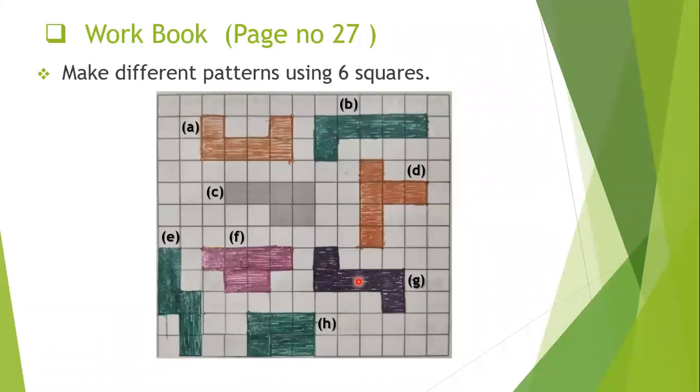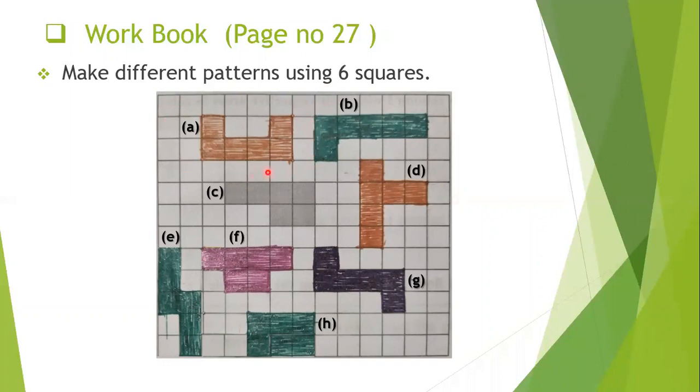So it is not needed that you have to draw the same shape as I have given. You can show different shapes, but with only 2 conditions. First condition, you have to use only 6 squares. Second, their sides should touch each other. The sides of the squares should touch each other. See here, they should not look as if they are arranged separately. Using these 2 conditions, use 6 squares and their sides or edges should connect to each other. Using these 2 conditions, you can make 35 different shapes.